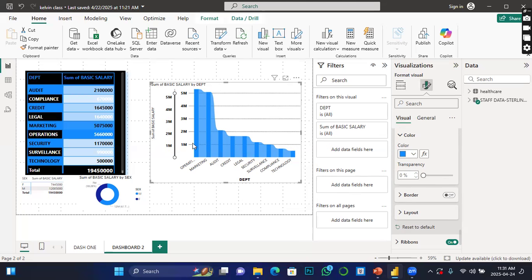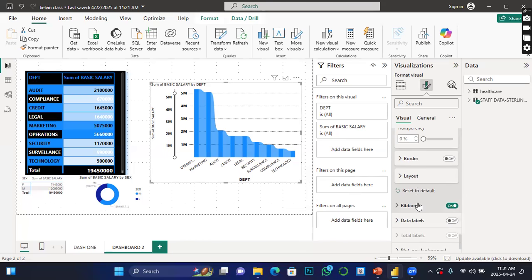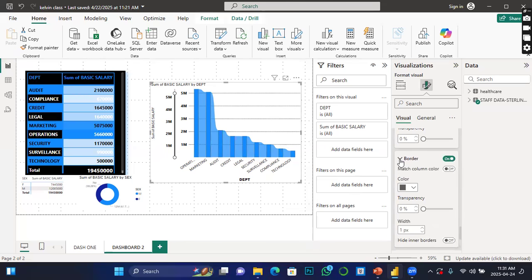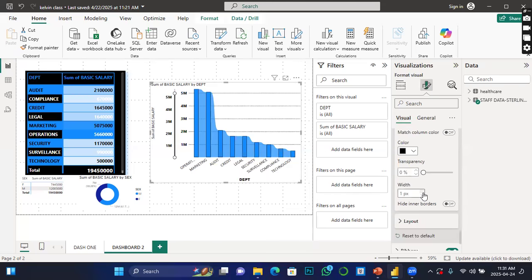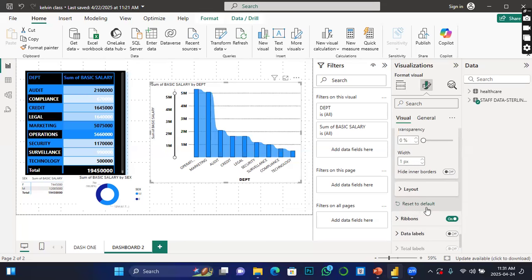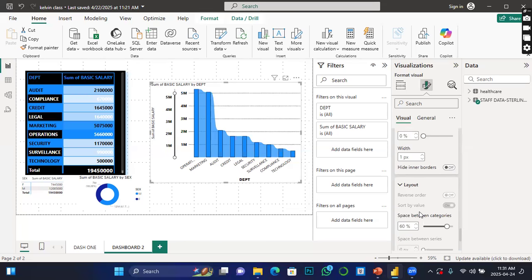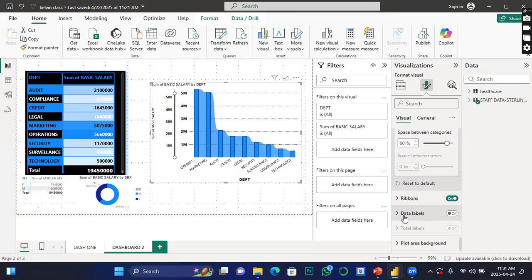Different, like I said, but it depends on the one you are using and what is available for you to manipulate. That is why you take your time to walk through all the features. So this one is just to activate the borderline on the bars. And in case you want it transparent, you also want to work on the thickness. Then on the layouts, if there's anything applicable here, then data label